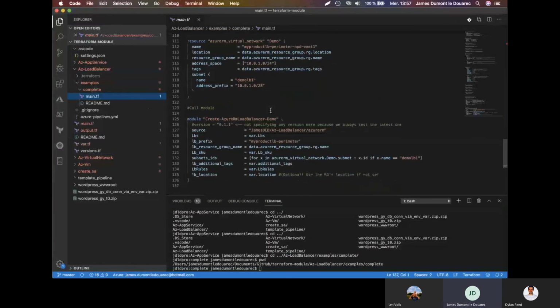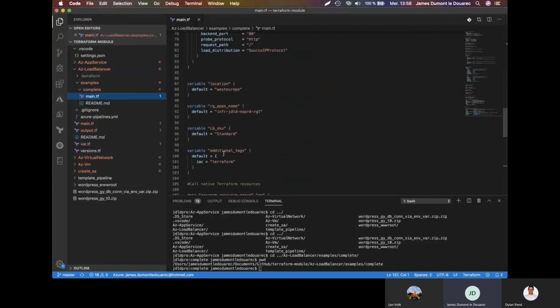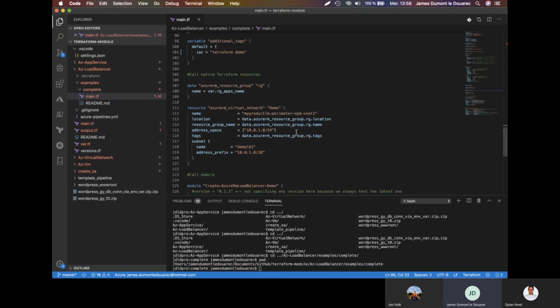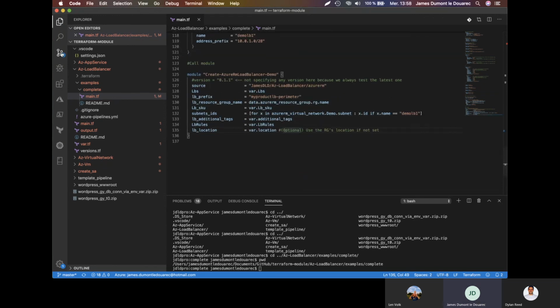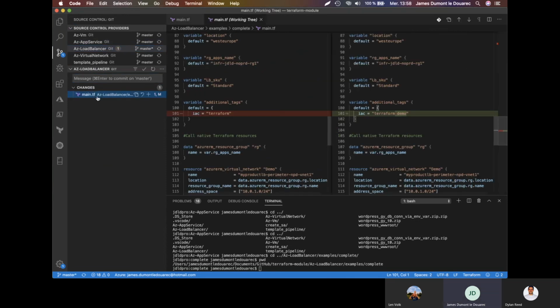So let's say that we will just modify one action. In Terraform, here I will add a tag, Terraform demo. Pretty good. So I'm going to push my modification and launch the CI/CD process. The first step is continuous integration.